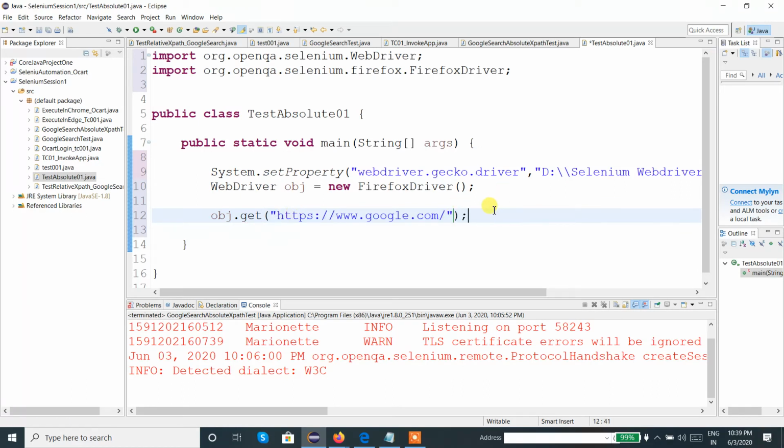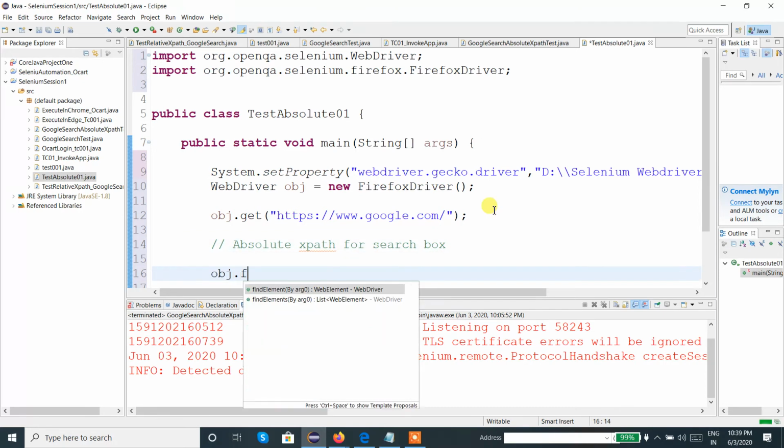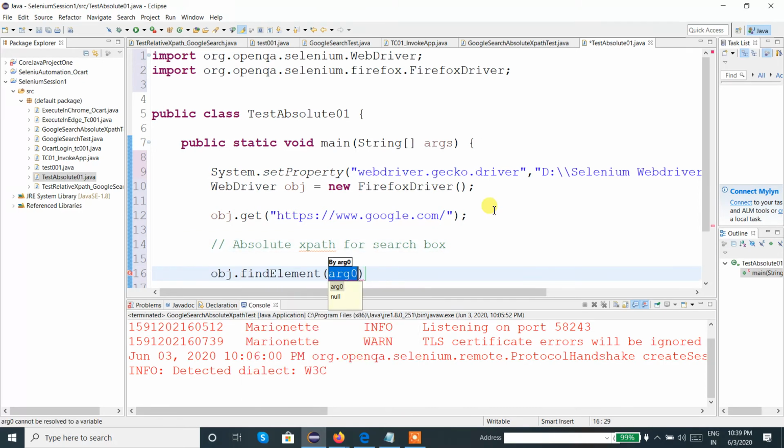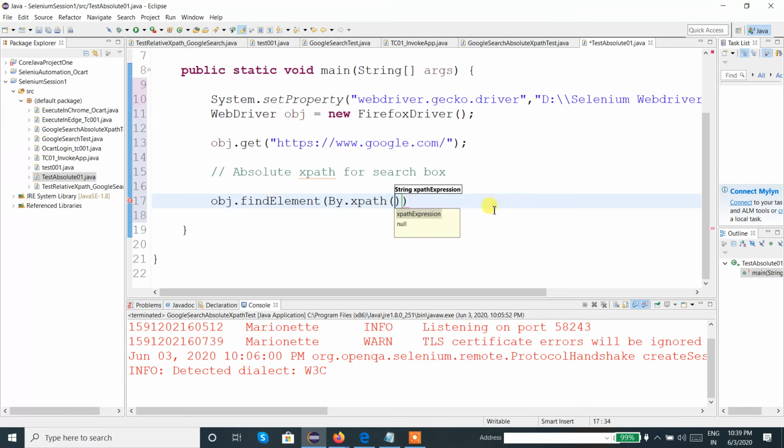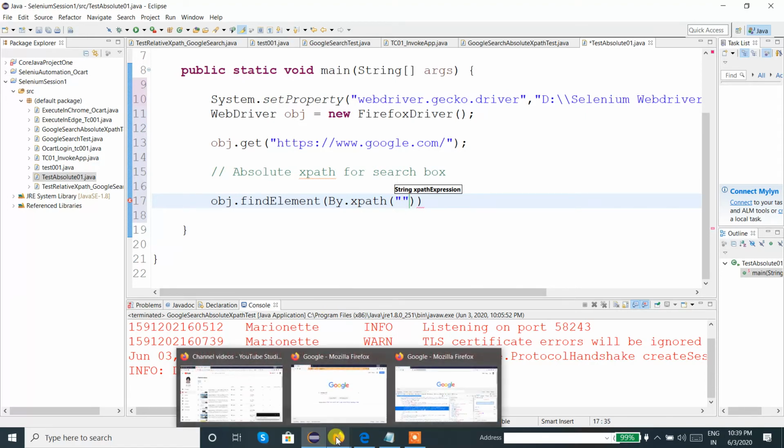After that, let's write the absolute XPath for the search box. So how can we identify the search box? obj dot find element by dot XPath, and the expression is for the search box.